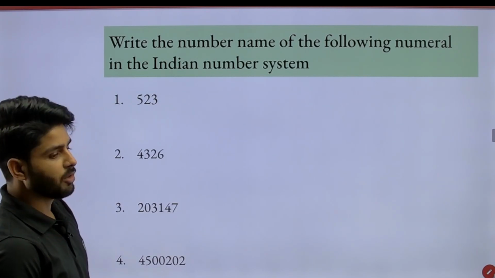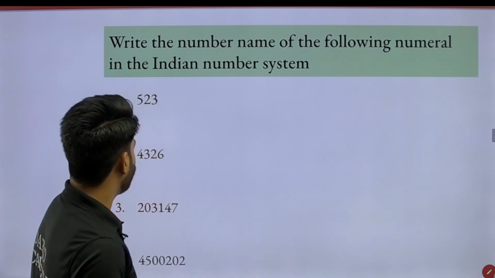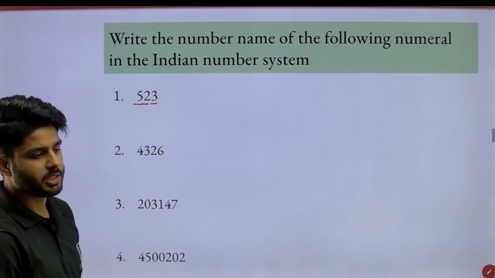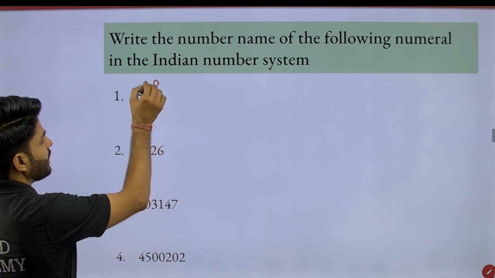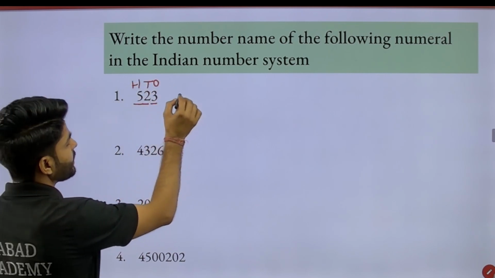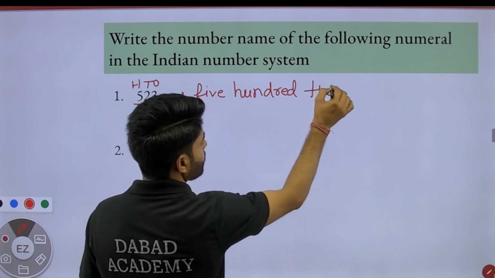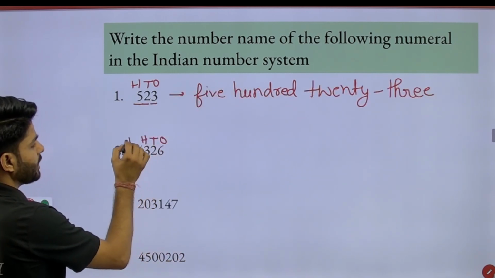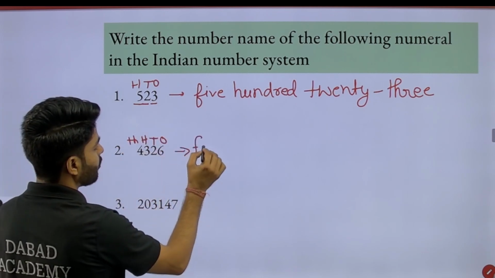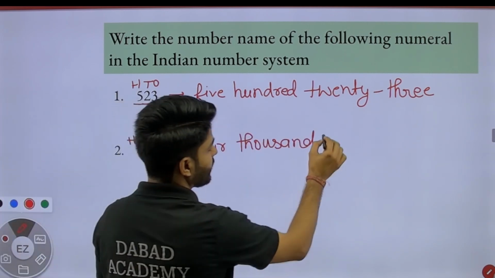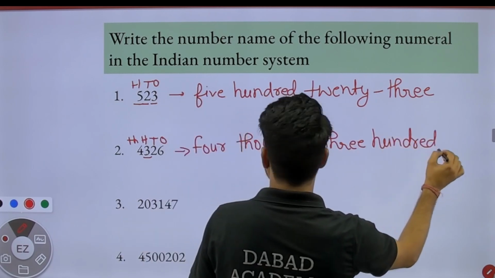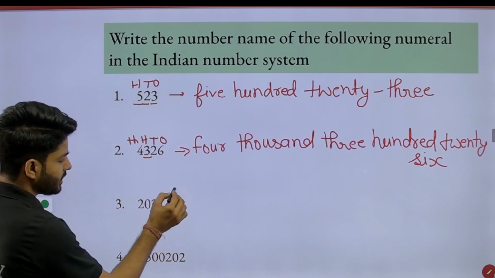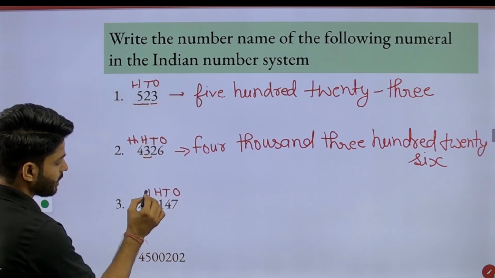Write the number name of the following numeral in the Indian number system. First we have 325 and we have to write its number name. We all know first we have ones, then tens, then hundred, so we can write it as 523. In the same way, first we write the place value chart like ones, tens, hundred, and then thousand, then we can write it as 4000, then 300 is in its place, that is 326. In the same way, we first write the values ones, then tens, then hundred, then thousand, then